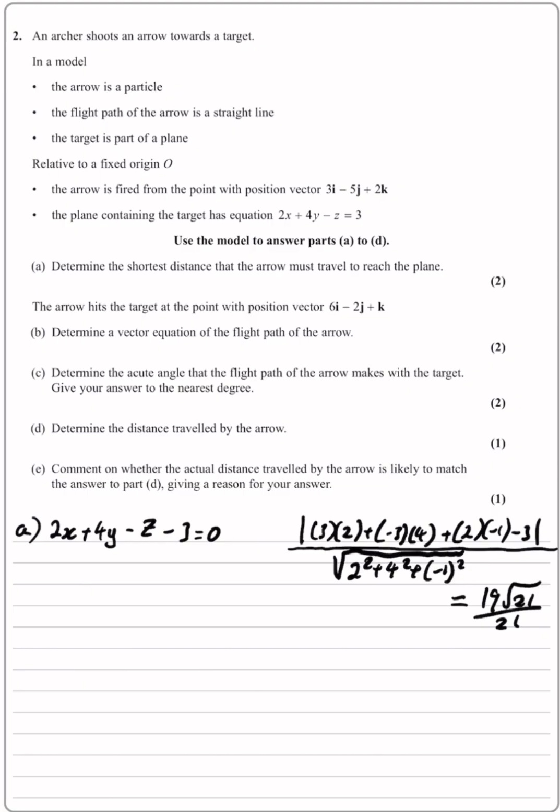That's our shortest distance. For the vector equation of the flight path of the arrow, well, it's going to be the position vector plus a scalar multiple of the direction vector. So we've got 3, -5, 2 plus lambda lots of 3, 3, -1. The 3, 3, -1 comes from the difference between the two position vectors, 3i to 6i, minus 5j to minus 2j, and 2k to k. Part C,